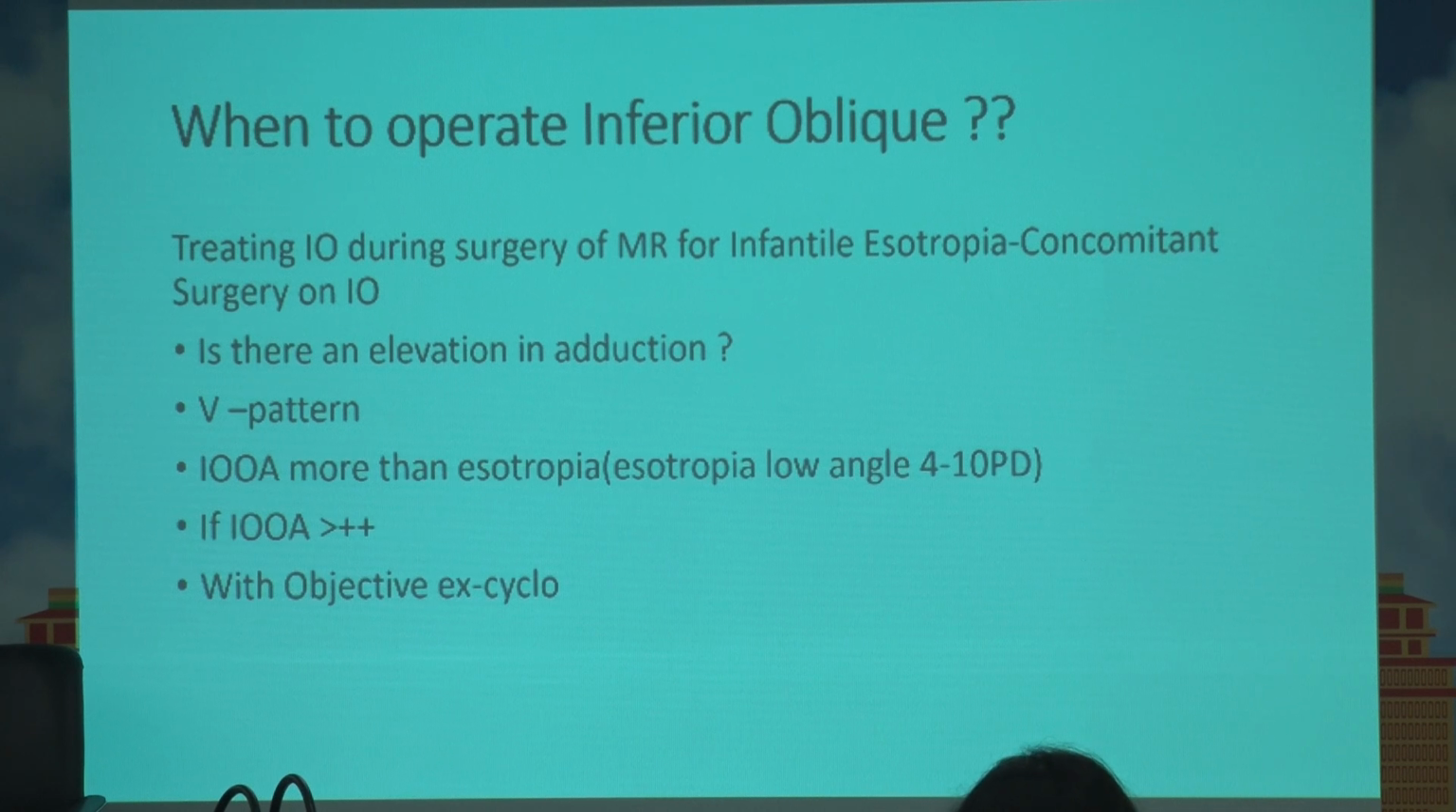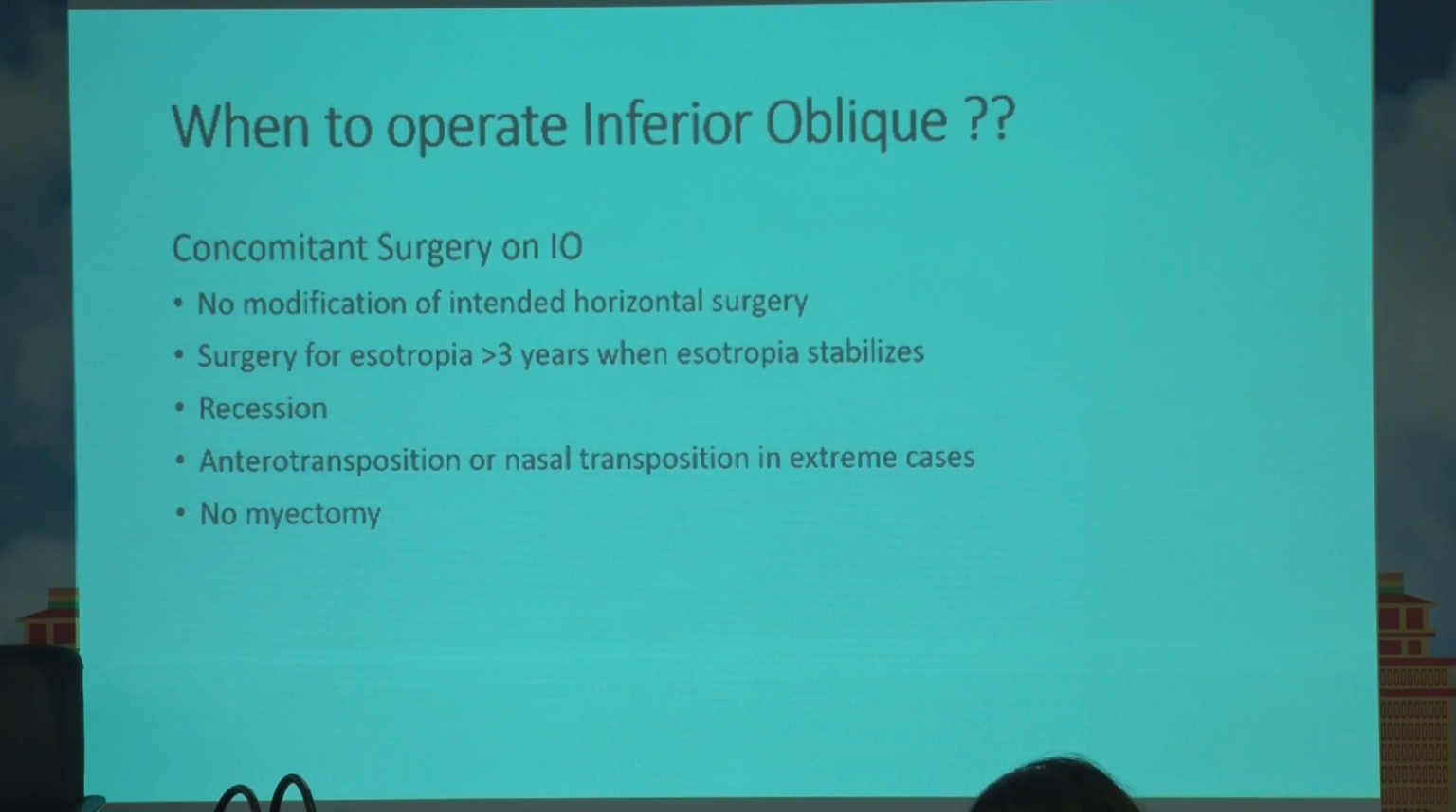Or if it is significant, as I said, more than 2 plus or 3, or we have objectively documented an excyclotorsion in these cases, then we can go ahead with the primary inferior oblique surgery at the time of horizontal surgery as well. No modification otherwise is required when you are doing this in the intended horizontal surgery. You do your horizontal surgery amounts the same as you decided based upon the eso deviations. And the surgery which is preferred in these cases is obviously recession; no myectomy is to be done because we cannot grade the myectomies. And if it is an extreme case of inferior oblique overaction, when you know it is a primary inferior oblique overaction of a large angle,